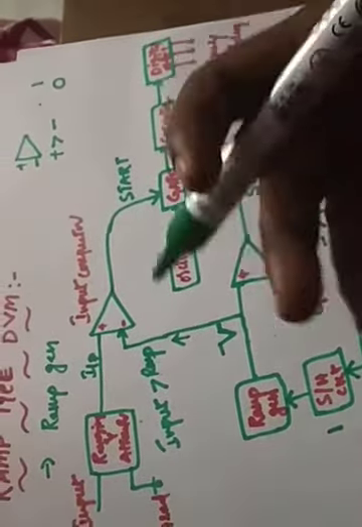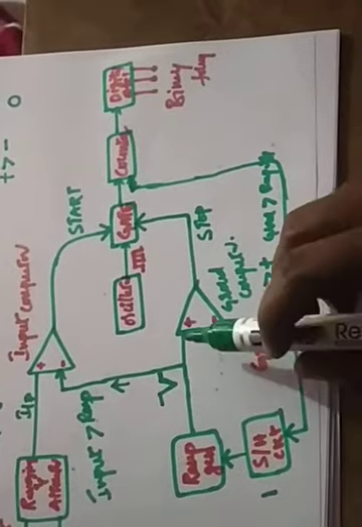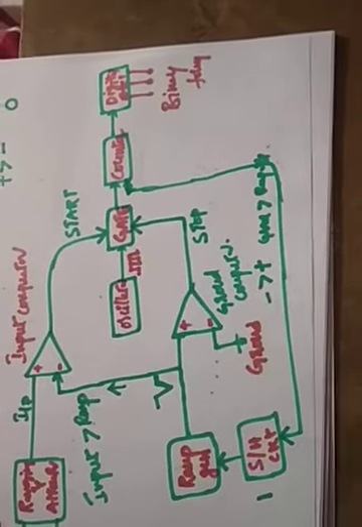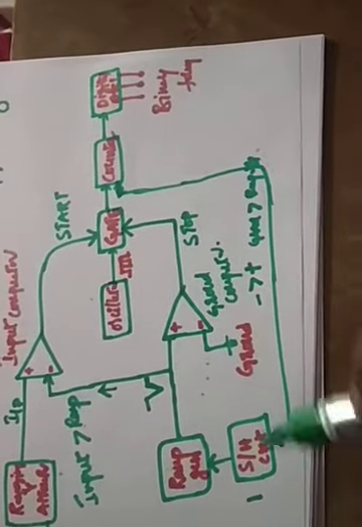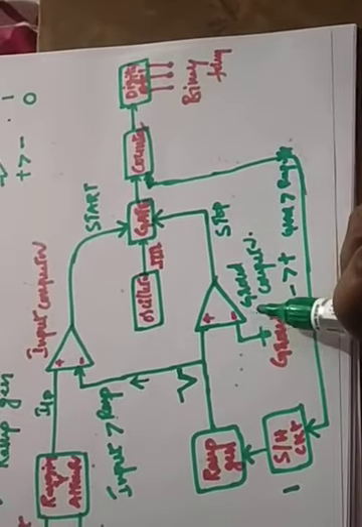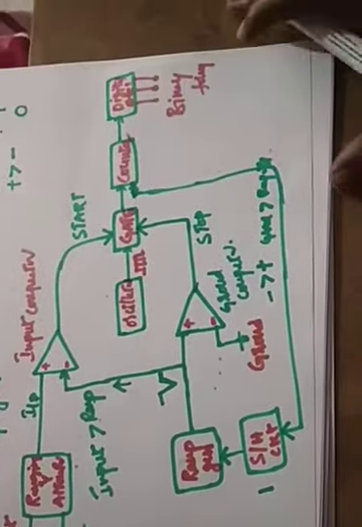That means we have another comparator. So what is that comparator? We can call it a ground comparator. It has 2 inputs: the first input is given to the ramp input, and the other input is given to the ground. Here also, if the positive is greater than the negative, this won't work. This will work; it will send a signal, okay, gate is open always.